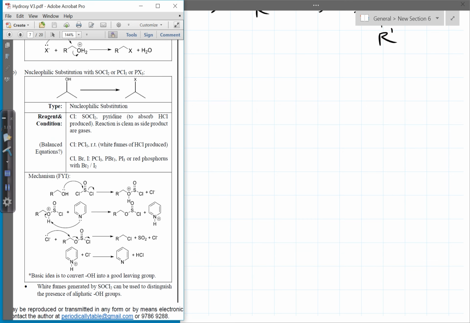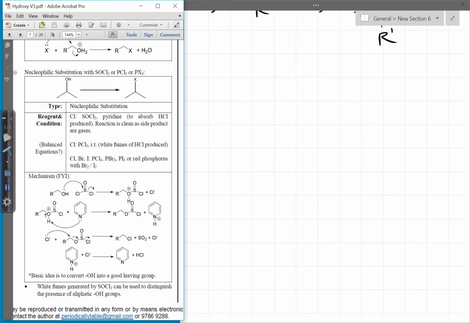Next, nucleophilic substitution with your SOCl2, etc. Same thing, we have talked about this the other time. And the reagents conditions are all given as well. So basically the most important thing for this is the mechanism, right? This is again for information, and it seems very complicated. Yes, it's very complicated, correct? But if you were to look at the mechanism, the first step, right, is actually your SN2 reaction, correct? Whereby it attacks the sulfur and your chlorine leaves. It's the same idea. So after you generate this positive charge species,